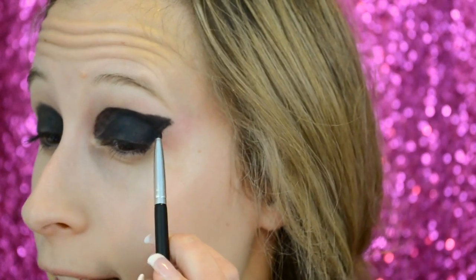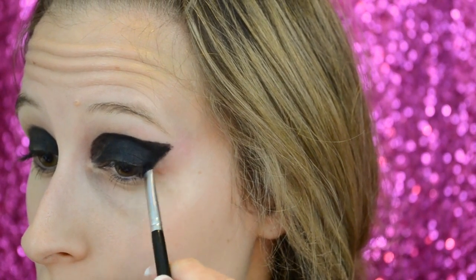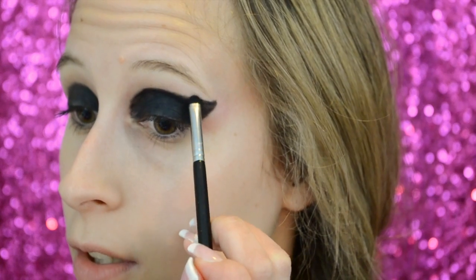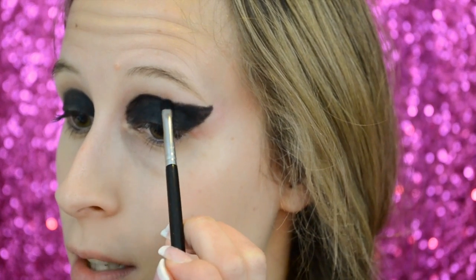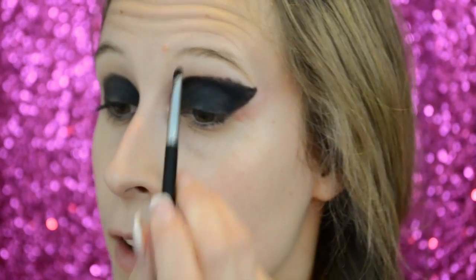Alright, now I'm going to go in with the smudge brush and just kind of get that angle to exactly where I want it to be. The next thing that we're going to do is use that smudge brush, and we're just going to flick our brush up and down just to give this eye look some texture. And Catching Fire is a very bold black look on her eye,